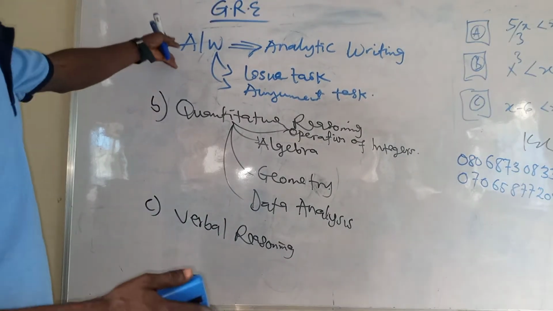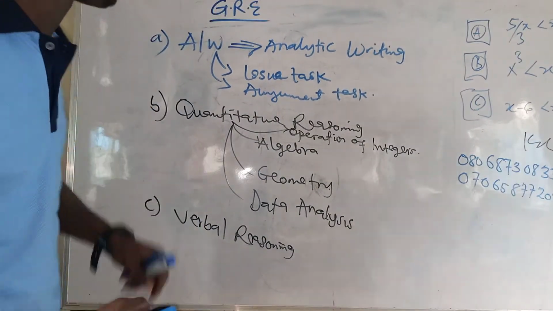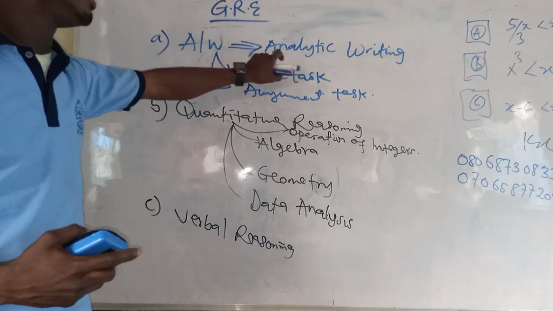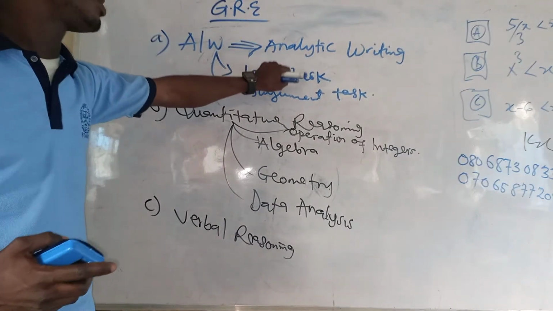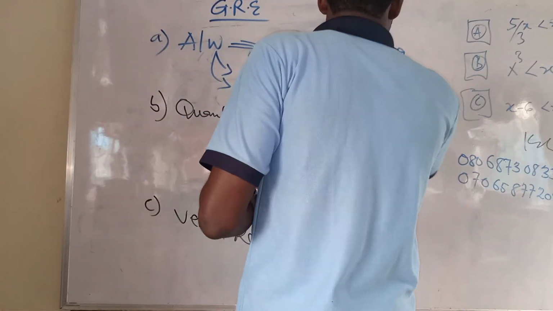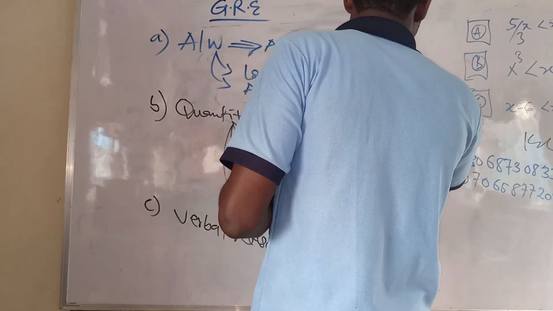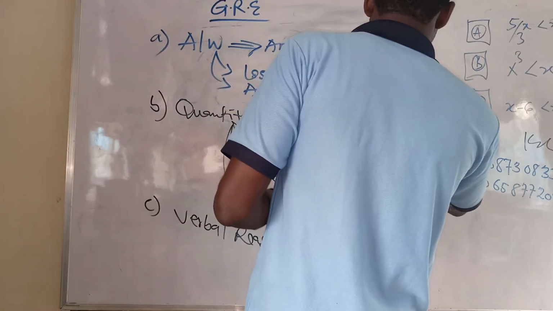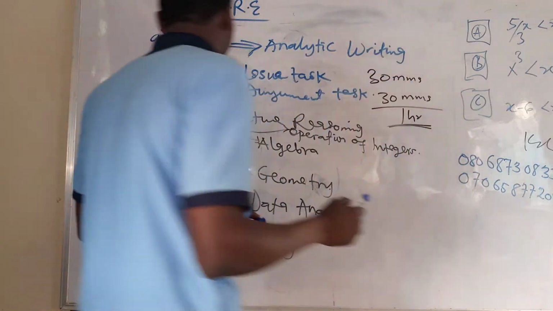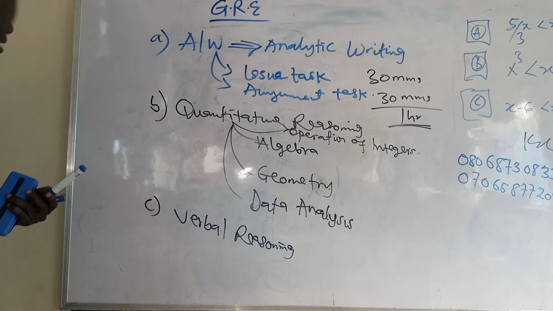But first of all, when you enter the hall and the computer is set and you start, you see the analytical writing come up. You have the argument and issue tasks, which take you 30 minutes each to write. You have 30 minutes to develop your essay here and 30 minutes there, a total of 1 hour for analytical writing. After this analytical writing has been done, which is part A,